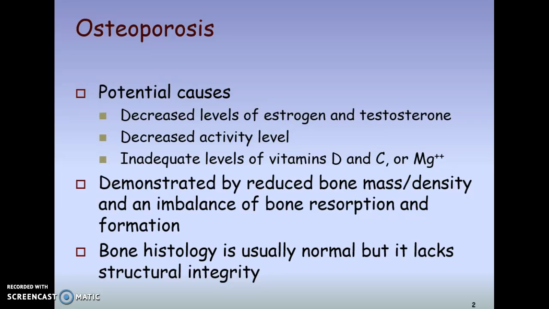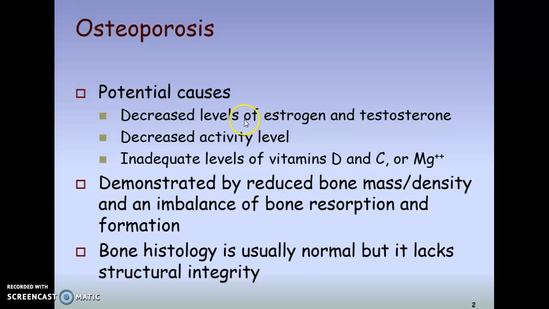So just because you are 70 years old doesn't mean you're going to have osteoporosis, because there are plenty of 70-year-olds, 80-year-olds who do not have osteoporosis. And then there are some individuals who might be in their 40s or 50s that actually have diagnosable osteoporosis. So the first sign that typically indicates osteoporosis is going to be different types of fractures, and the different causes of how this disease begins